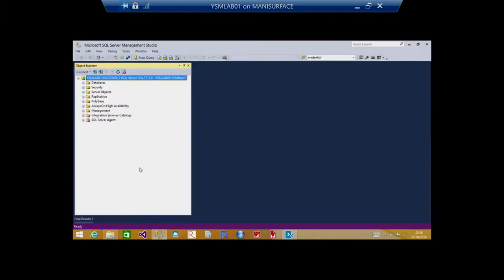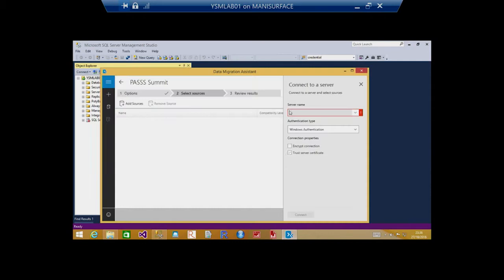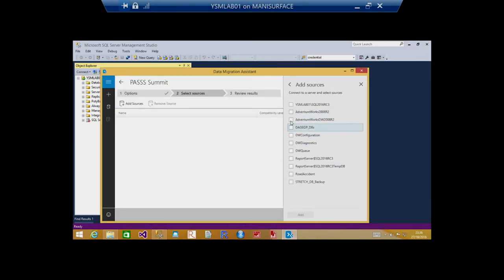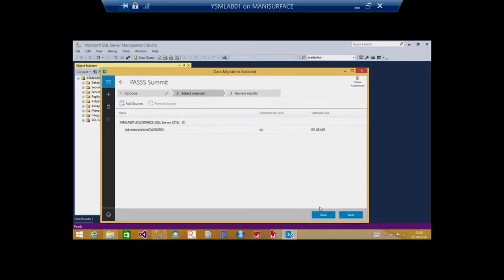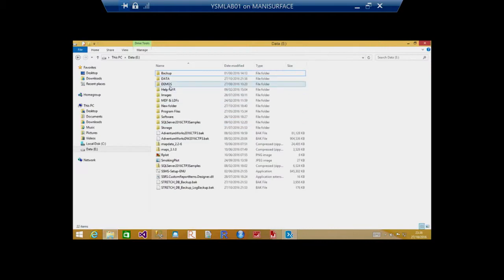Next is my server name. My server name is my local instance, so I just copy and paste, connect. Now I have the option to choose the databases. Here I have AdventureWorks DW. I check that and click on Add and say Next. So now it's assessing the database to see not just for stretch enabling, but it is also going to give you some other suggestions on what you have asked for exactly. This won't take a while. While that's running, I'm going to open the